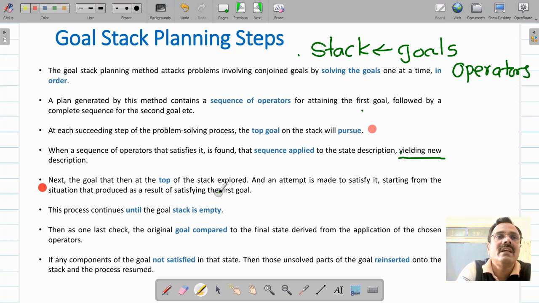And if that is the case, then you again reinsert those unsatisfied goals on the stack and try to satisfy them. You will have to repeat this until your goal stack is empty.